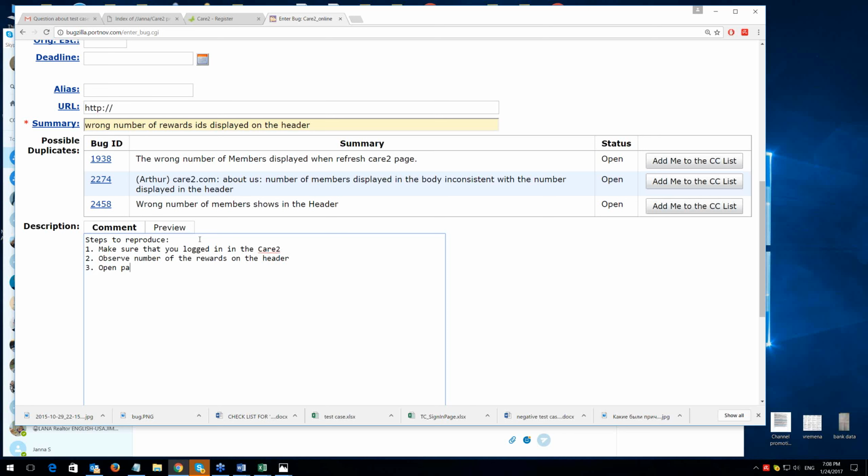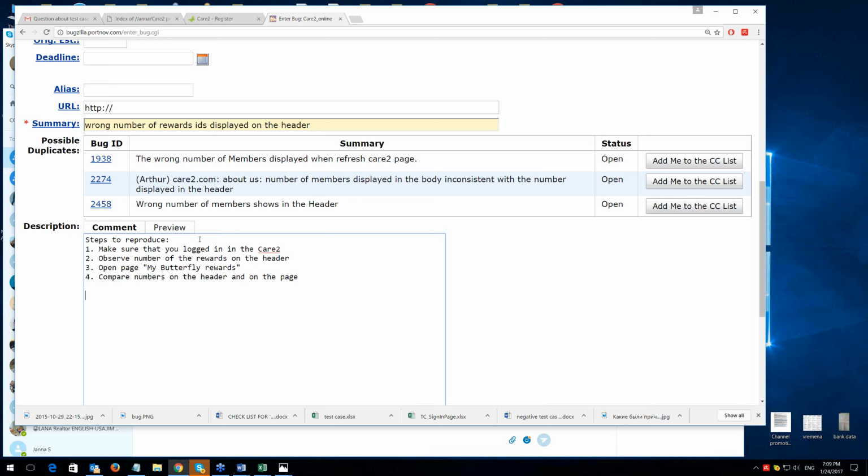Third, open the page, my butterfly rewards. Fourth, compare the numbers from the header and on the page.